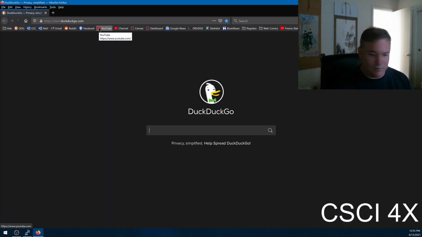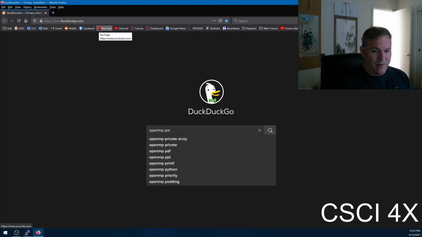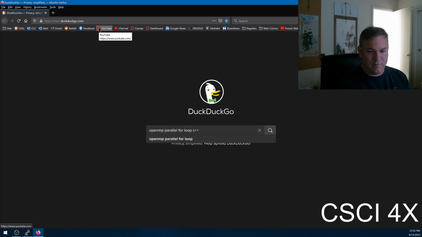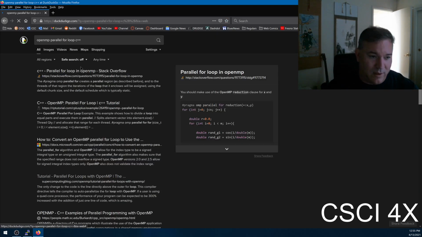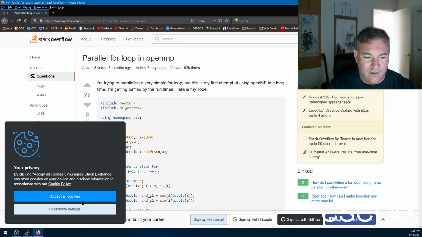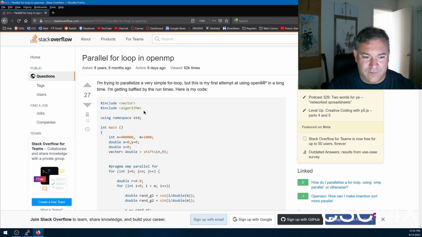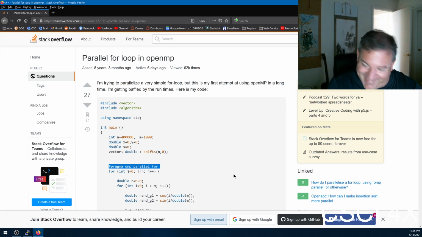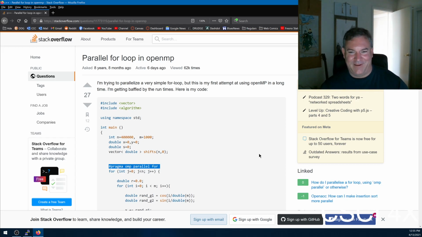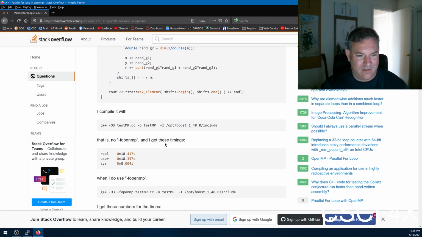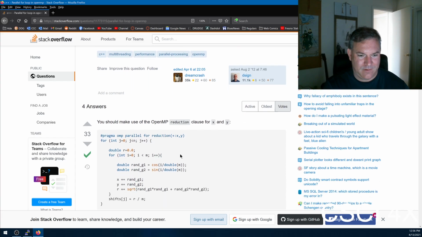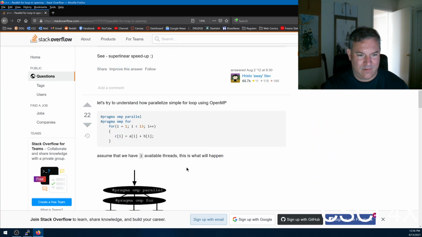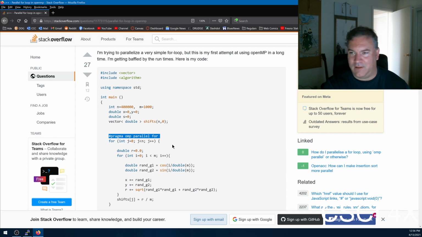I don't want to get too distracted, but OpenMP parallel for loop C++. It's the world's easiest way of generating parallelized code. You just put that in front of the for loop, and then it will parallelize. But he should be including the OpenMP header. Whatever. So basically, if your compiler supports OpenMP,